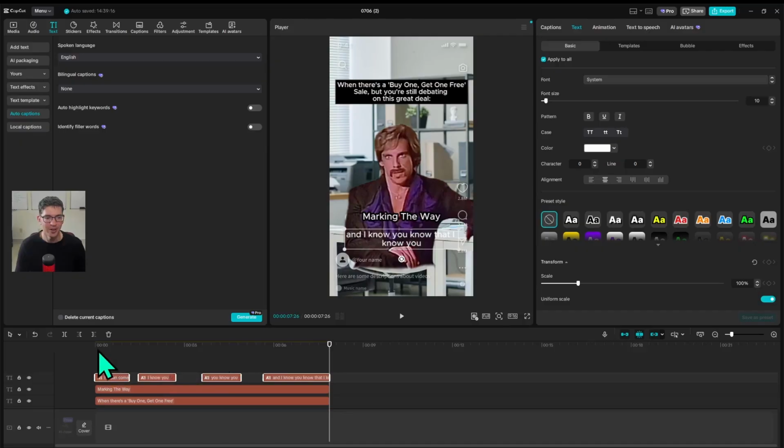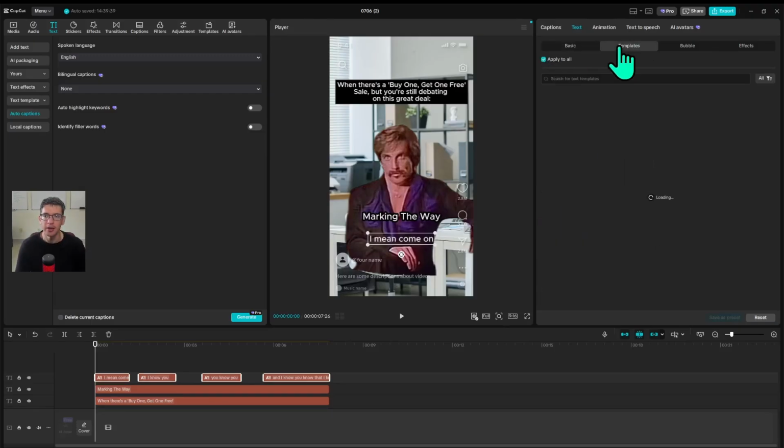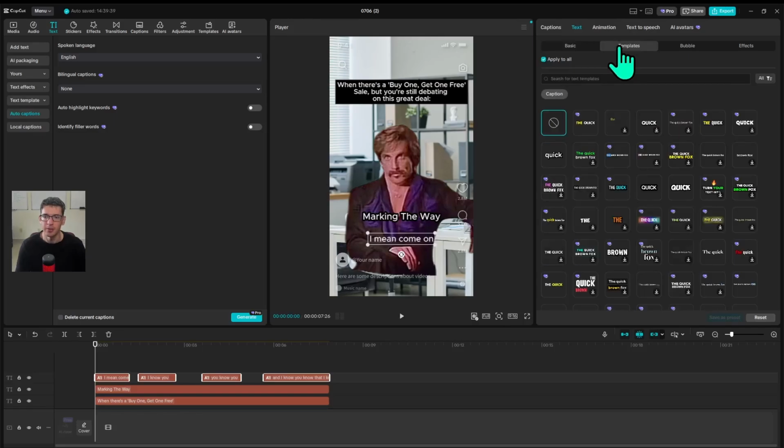It doesn't look good. And just keep in mind when you have this option selected, apply to all, that means every single box, if you make one modification, it'll happen for all of it. So sometimes it's good, sometimes it's bad. But if you want to modify one at a time, you just simply uncheck that. I like to go to the templates right here and select this blue one. It's got like 2 words that go